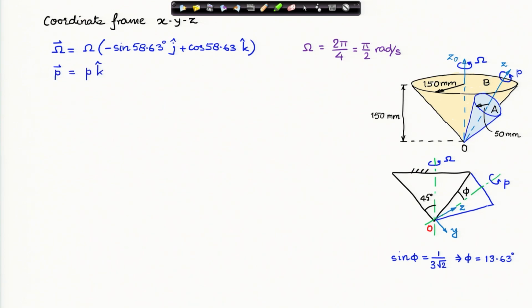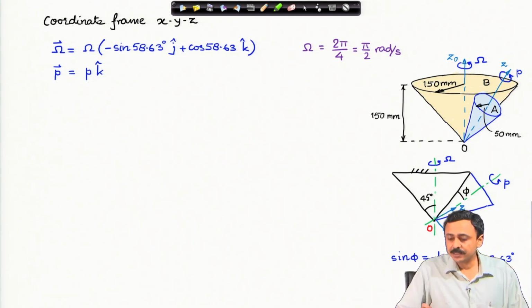Now, the spin of the smaller cone, the cone A. Let me express it as the vector p, which I have shown in the figure, and we do not know its magnitude as yet, but we know that its direction is in the k cap direction. Therefore, I express the spin of the smaller cone, the cone A, by the p vector is equal to p times k cap. We do not know what is the magnitude of p,